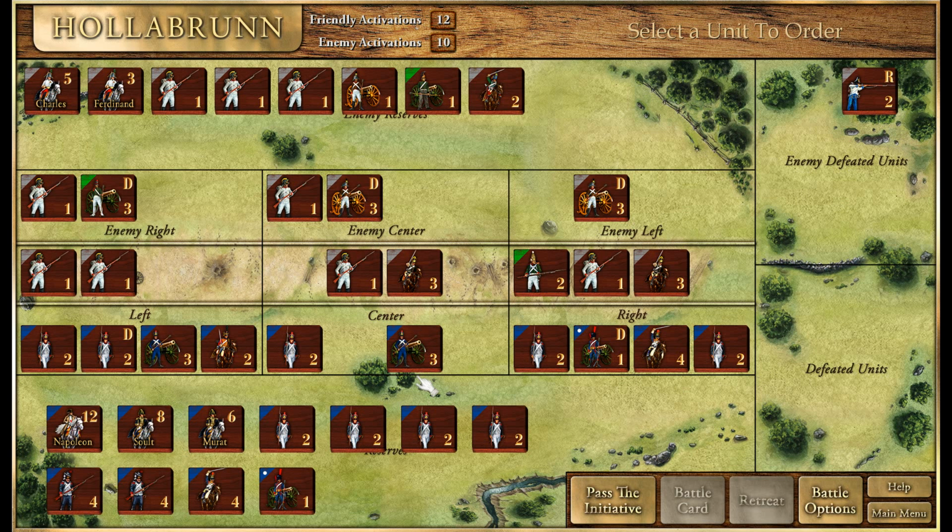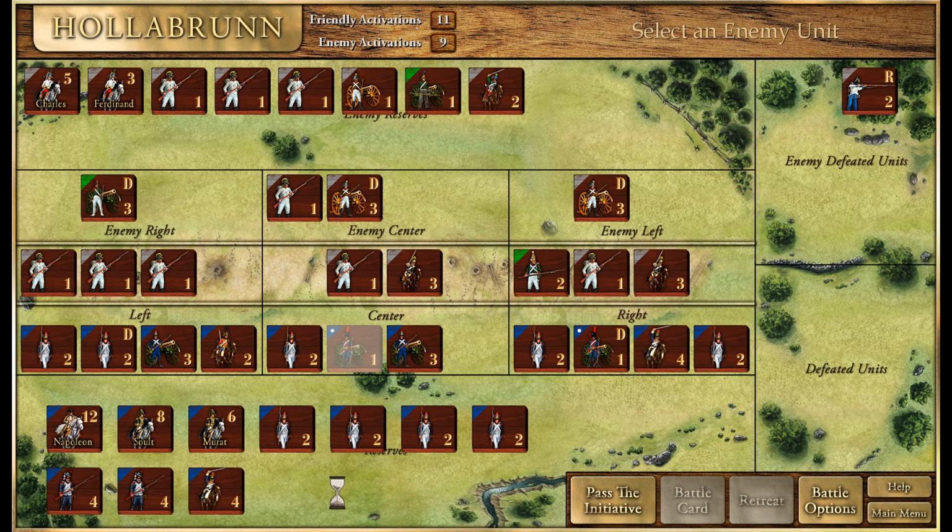Oh, that's not what I meant to do. I did not mean to take that guy back there. Is there an undo? Damn it. There's not an undo. Shoot. That's going to cost us big time. I forgot. I keep wanting to click off on the unit. When I got him highlighted, I meant to click off him. I don't want to do it that way. Alright, so we do have...